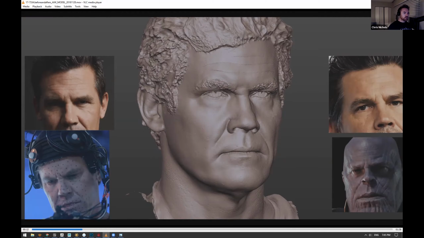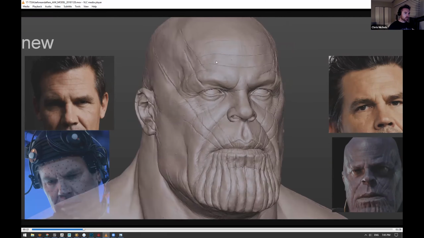This is all really good reference material that I wanted to bring over to Thanos. So I started blocking out a lot of the medium and high frequency detail. This is more of a medium sculpt. This is when I took the mesh that the facial modelers had already made a start on. Chris Bosjanik had already started to sculpt out a lot of the detail on the chin and make some established shapes that translated all the way to the end of the project. But I took it over because I was going to be doing all the fine detail.